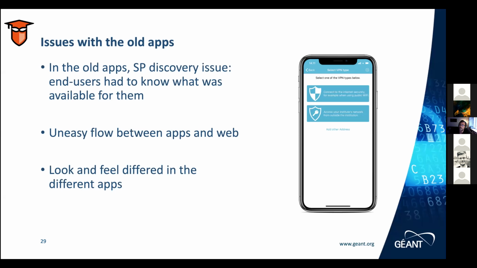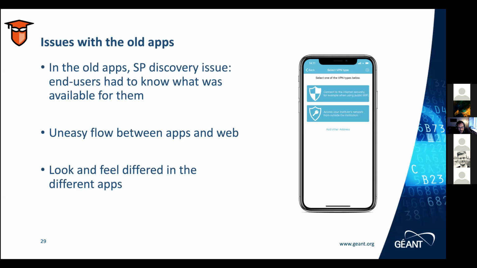Another issue we had was that once in the app, when they had to do the authentication, they would be sent to a web page, typically the discovery from their federation. Then from that page, they would be sent to their own university, and then to a third page with another look and feel. For a VPN service, that was not very good for the trust and the feeling they had with the whole experience.